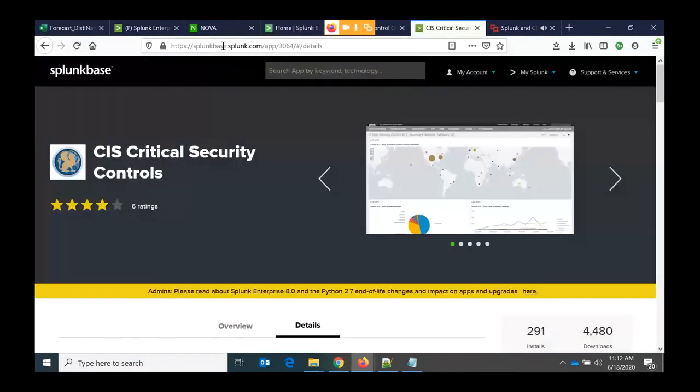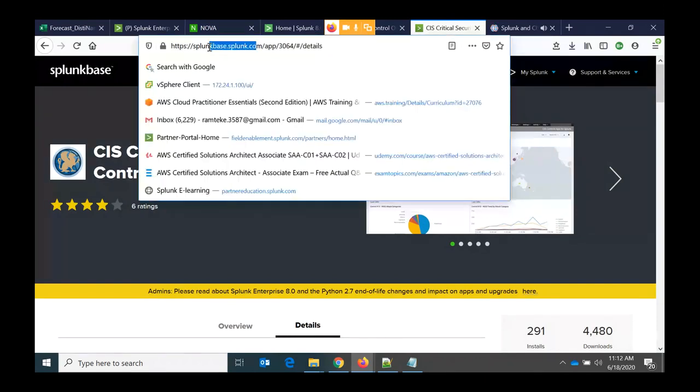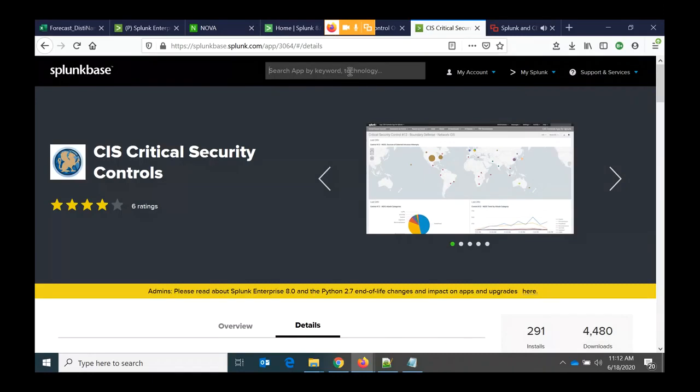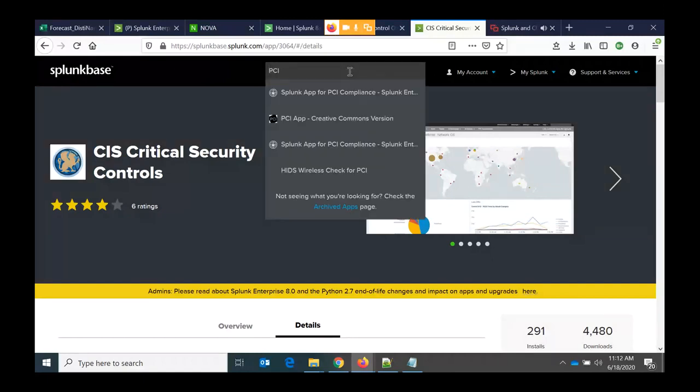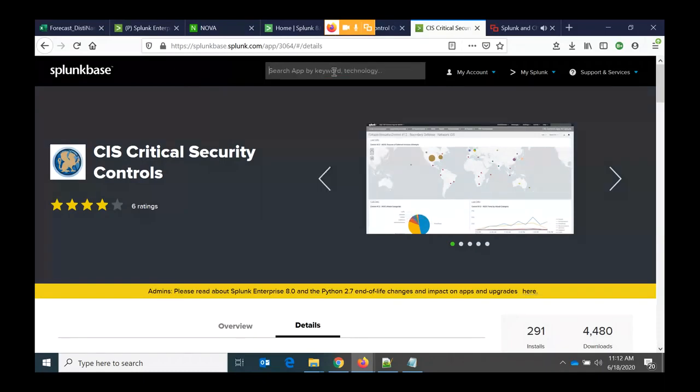Same like that, Splunkbase is an app store for Splunk, where you can search for apps for any data sources you have in your environment, and for the security controls that are important for you, like say PCI. Yes, there is an app for PCI as well. PCI is also a premium app. Now we're not going to discuss the complete enterprise security here. Today's session is focusing just on critical security control,